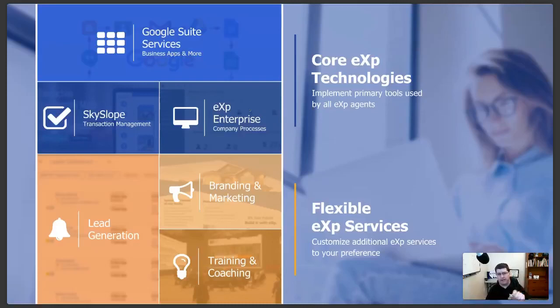So they're providing me with core technologies like the entire Google suite of services, the business apps that they provide, SkySlope transaction management, eXp Enterprise, the backbone company system, a top tier CRM, branding and marketing,